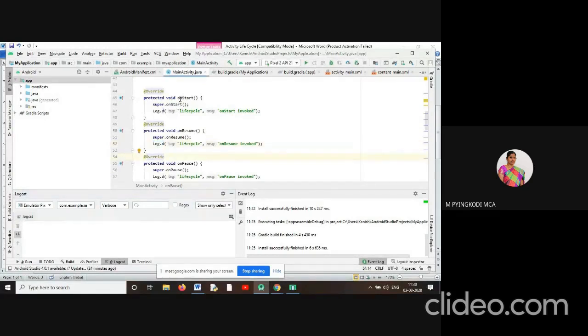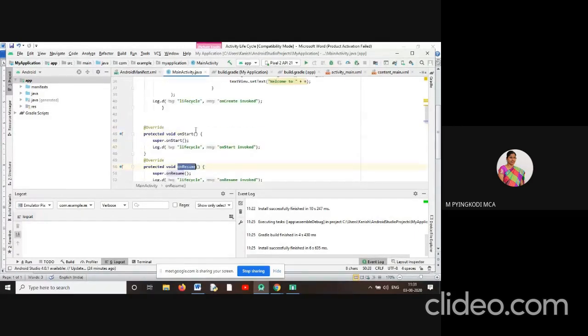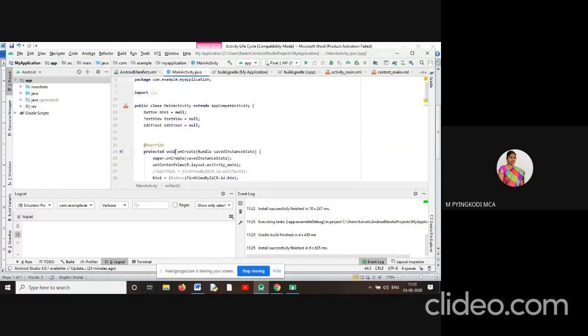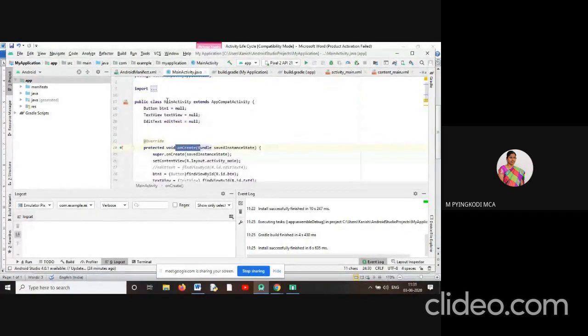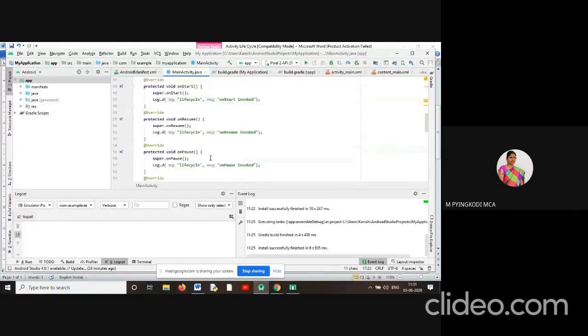While calling the onStart method, we have printed that onStart method is invoked. In the onResume method, we have printed onResume invoked. These are the contents given by ourselves. onResume is an inbuilt method, and these methods are overridden along with the onCreate method. For each and every activity, we have these 7 methods.